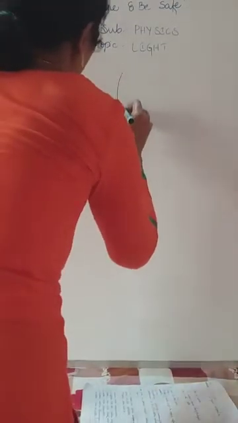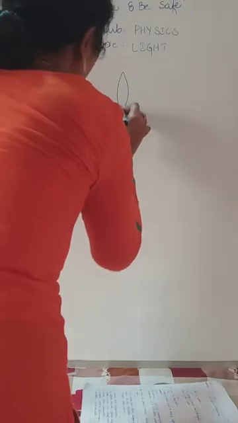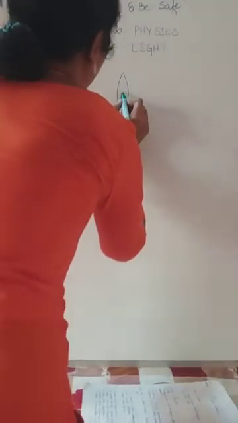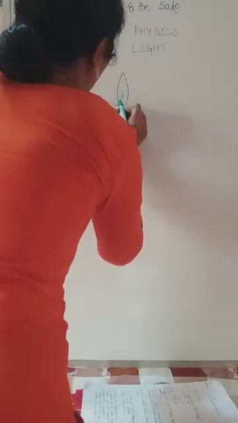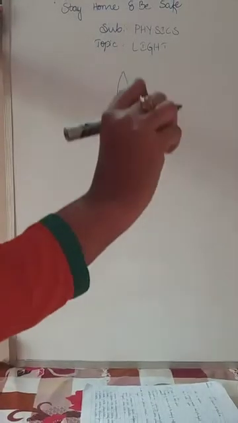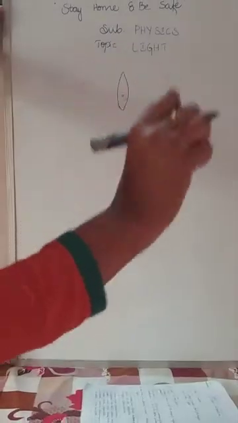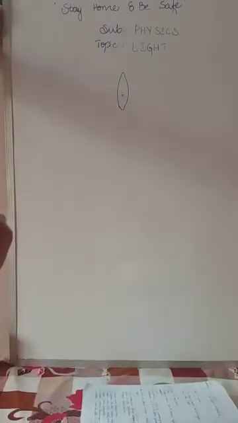Consider this is one of the ray diagrams of a lens. This is the convex lens. We have taken a convex lens. The center point is referred to by O. This center point is called the optic center. Keep in mind, this is called the optic center in a lens.